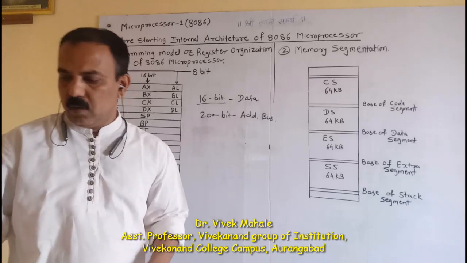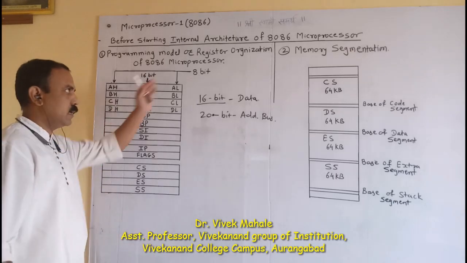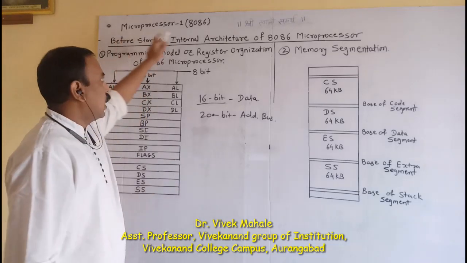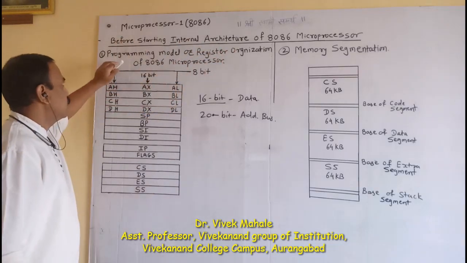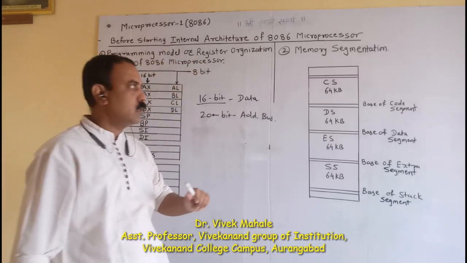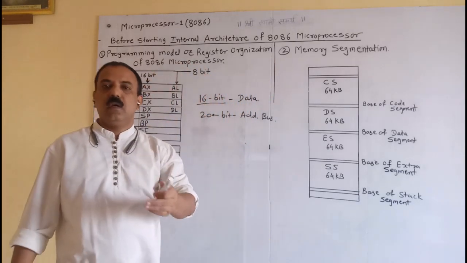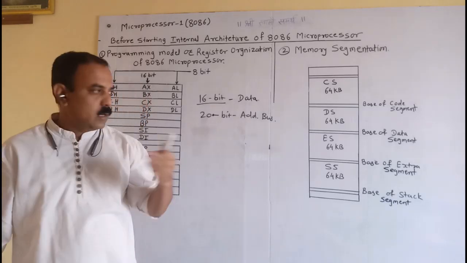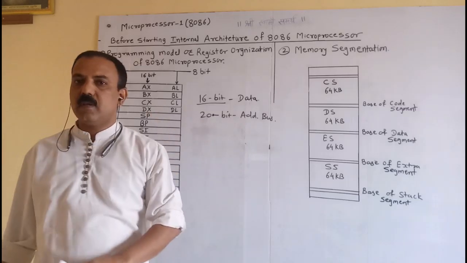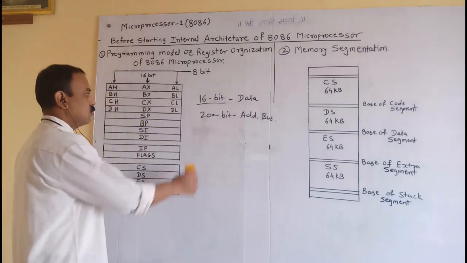When we study the Intel 8086 microprocessor, the first point is the architecture of the 8086 microprocessor. Before studying the architecture, first we see the programming model or register organization of the 8086. Then we see memory segmentation, and third, how the 8086 generates a 20-bit physical address. If we understand these three concepts, then it is easy to understand the architecture. So first we start